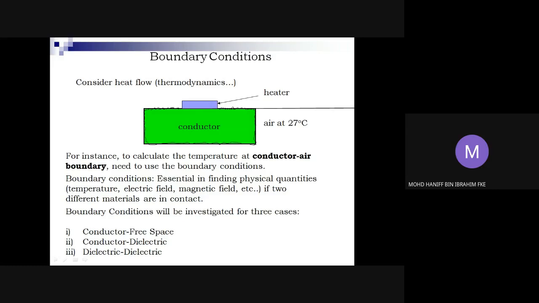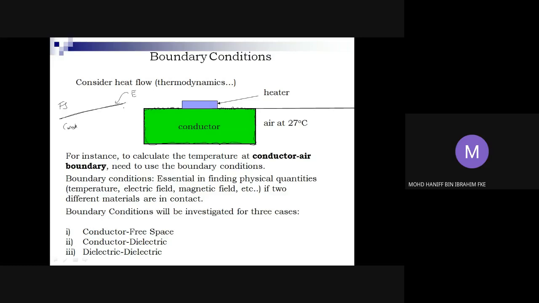That should be our aim. If we have two materials, for instance, a free space and a conductor material, we have a boundary between the free space and the conductor. What should be the value of electric field intensity that will be produced at this particular boundary between these two materials of free space and conductor? Hopefully you now understand the importance of calculating or knowing the value of electric field intensity